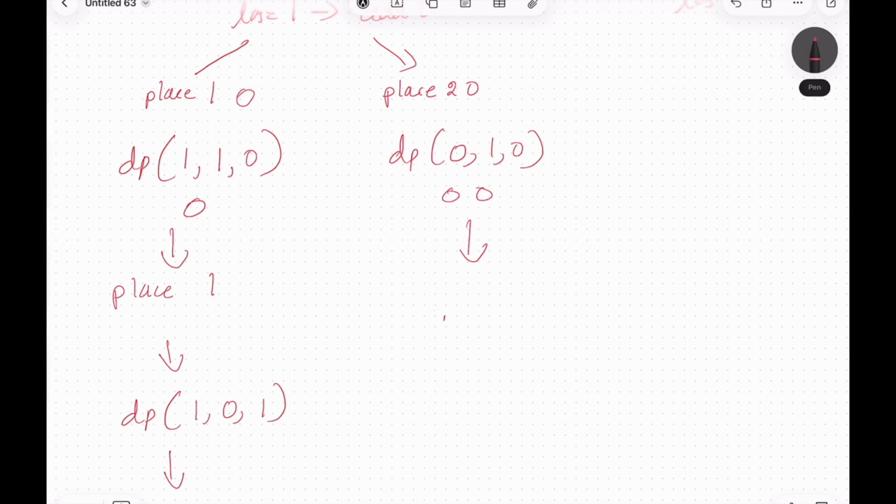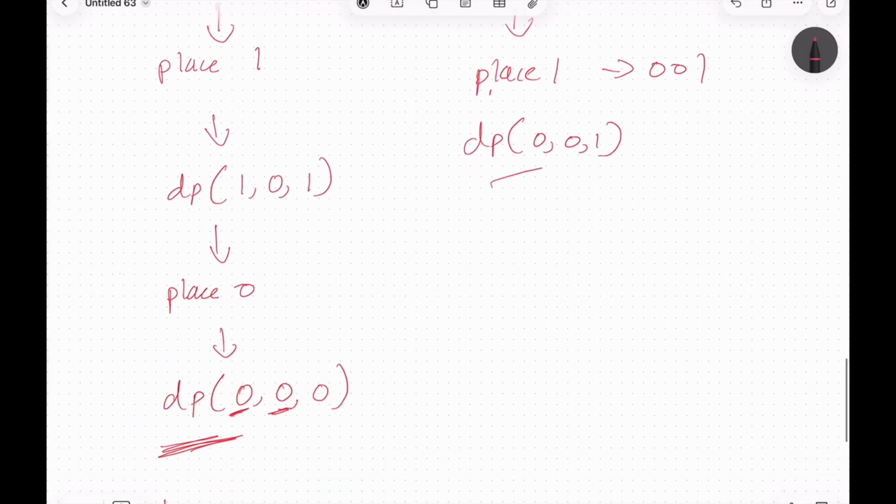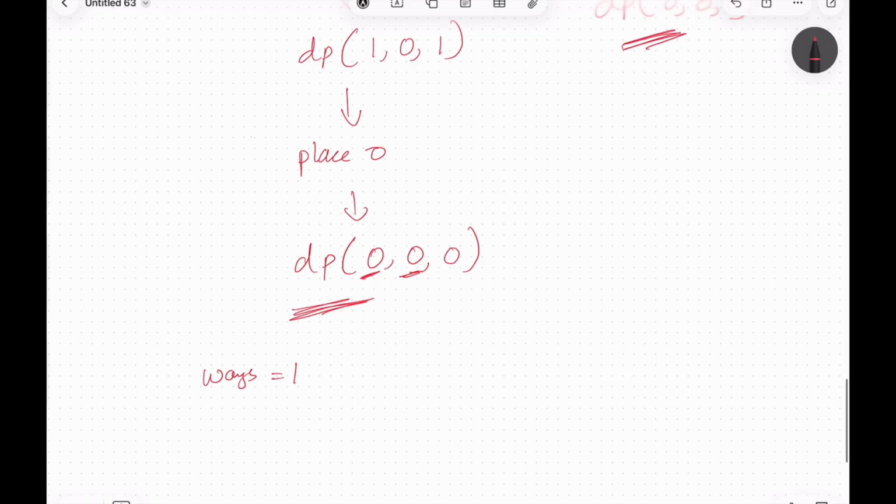So now next thing is we have to place 1 because the last digit is 0. So what happened here is dp of 0 0 1. This becomes 0 0 1. So now this is also done. So we will have the ways added as 2,